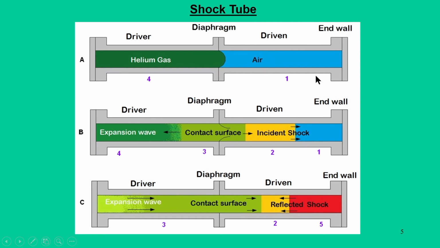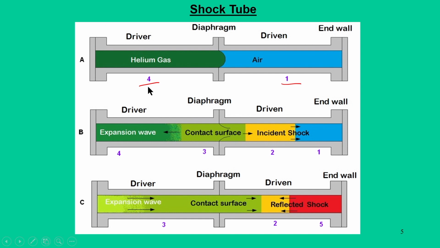Initially, when you see this tube, the driver and driven gases are filled, and we say it is case A, and we call this the end wall from both sides. It is the beginning wall and it is the end wall, and this end wall has a lot of significance. We will show how it is important. When we start in a conventional way, the initial conditions of the driven section and driver section are denoted as 1 and 4. That means the driven section is denoted as 1 and the driver section as 4.